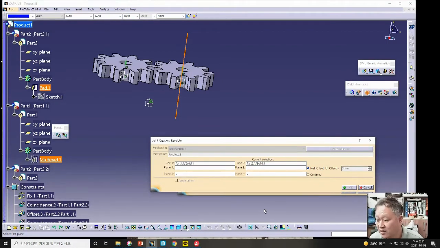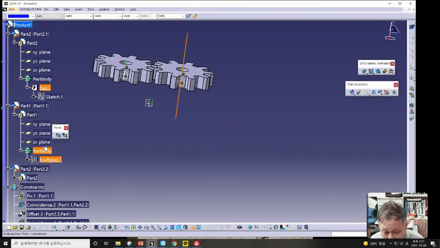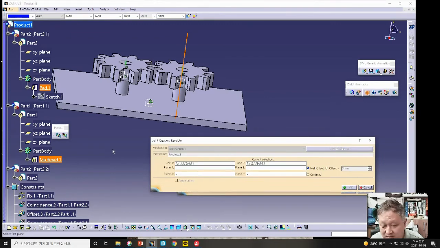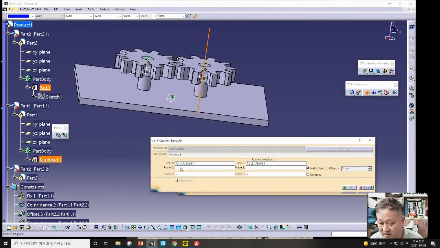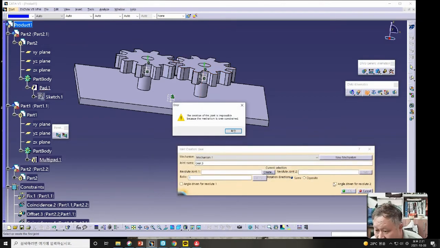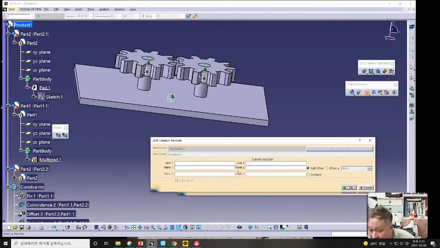Okay. I will hide some part. This part I show again, and in this case please select plane 1 here and plane 2 is this one, and the OK button is needed. Script button is selected first, and in case of line 1 we should select this one, and in case of line 2